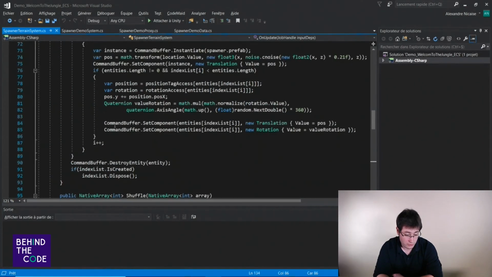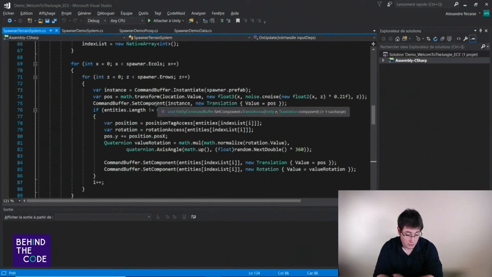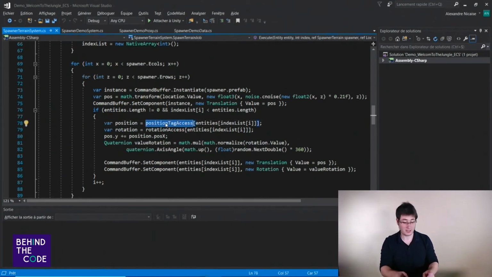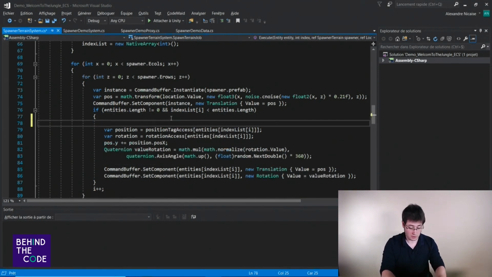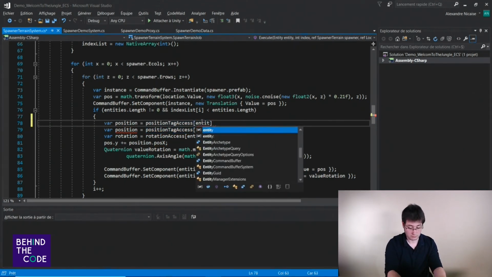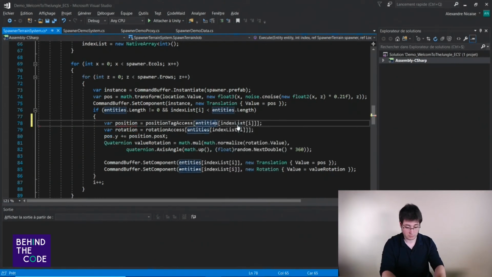And in your jobs, you use your position tag access, and you put your entity in a variable like this. Var position equals position tag access entity. Voilà. That's it. And that's it for the questions for now.